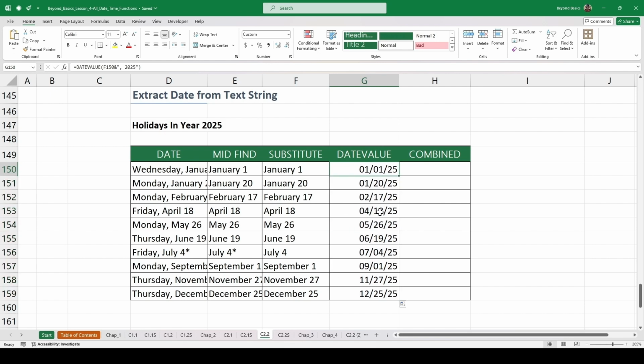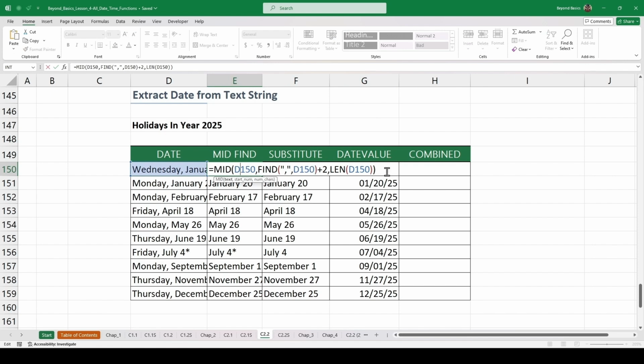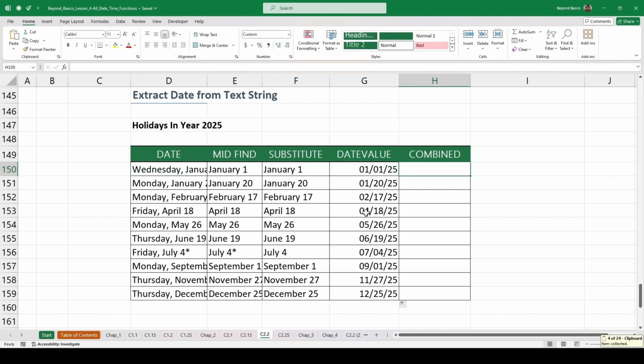As you can see, we have successfully extracted the date from the text string and converted it into a proper date format, which can now be used in calculations. All right, now let's combine this into a single nested function for convenience. First, we will copy the mid function. Now type in equal sign, date value, press tab,